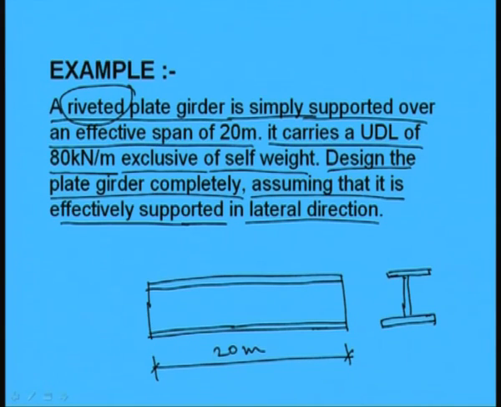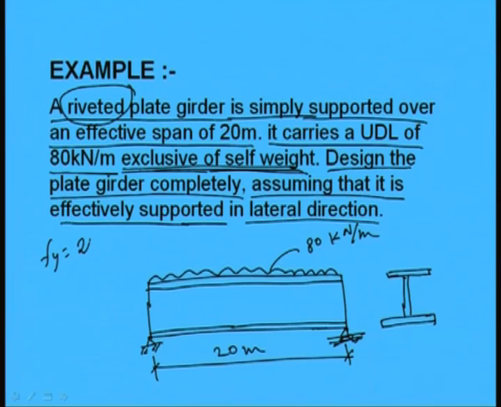So, this is 20 meter and a UDL of 80 kilonewton per meter, right. What else is given? It is simply supported, and then it is excluding the self weight. So, self weight also we have to calculate, right. And other things, let us assume that the